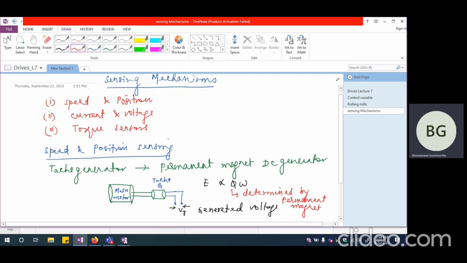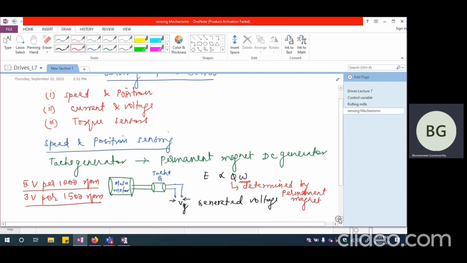So the induced EMF, what I have here as Vg, is going to be dependent mainly upon the speed. So I may have this as 5 volts per 1000 RPM, or I may have 3 volts per 1500 RPM, something like this. I may have this generator's back EMF constant in such a way that I have one of these things as the rating of the generator. And please note that